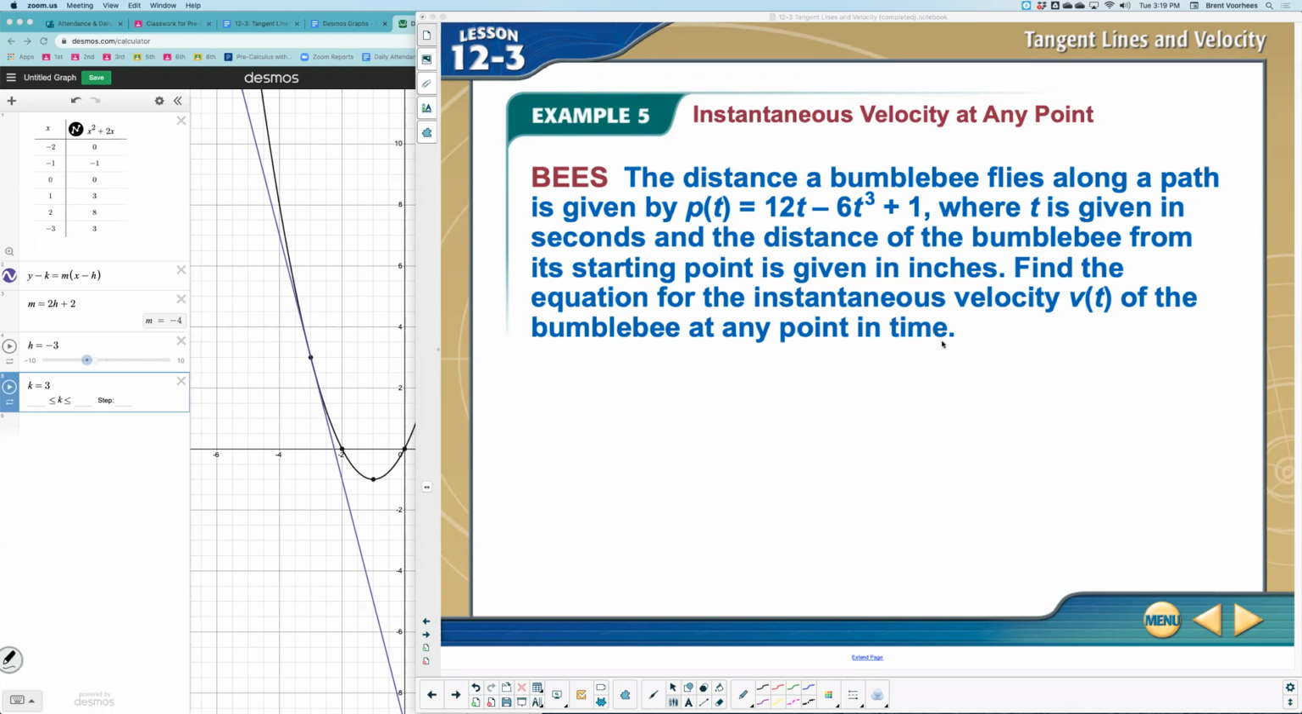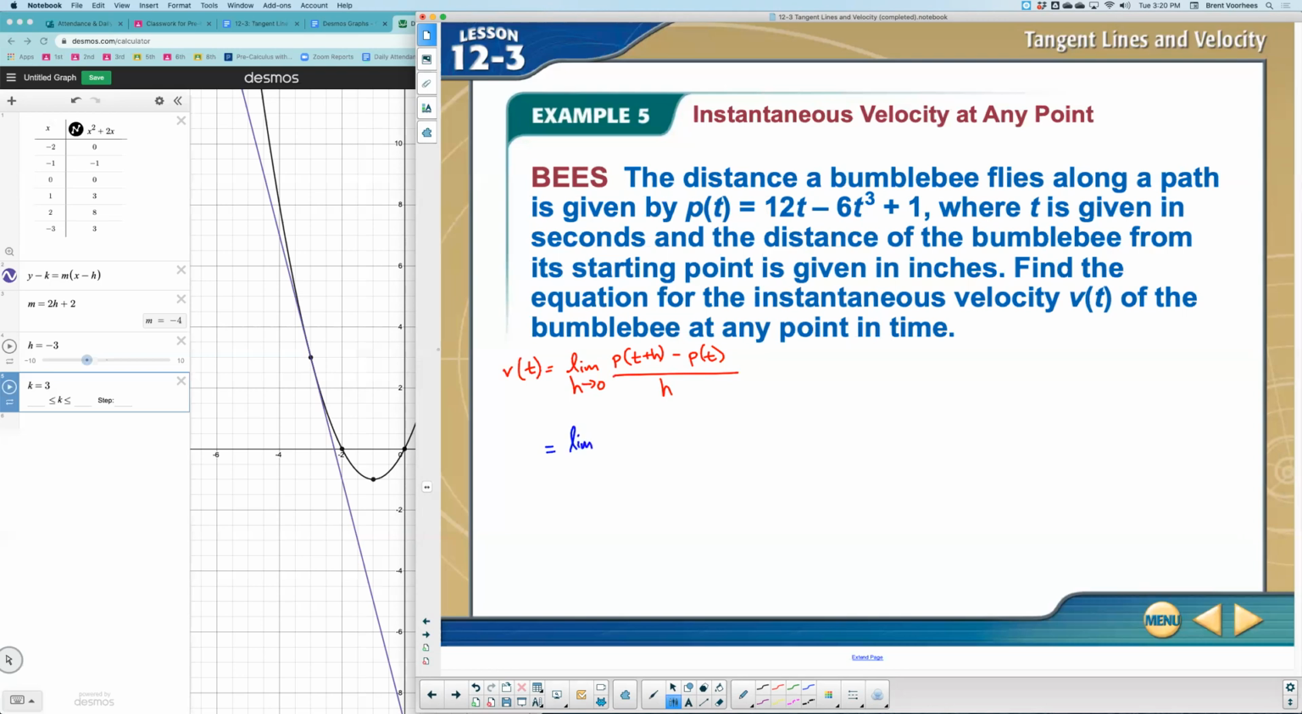So to do this, let me back up here. The velocity will be equal to the limit as h approaches 0 of this function. So I'll say p of t plus h minus p of t all divided by h. That's the formula we're going to use here. So plugging in my values here to solve for this limit,